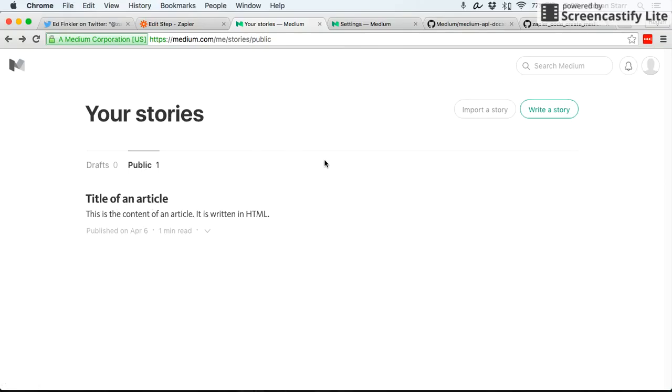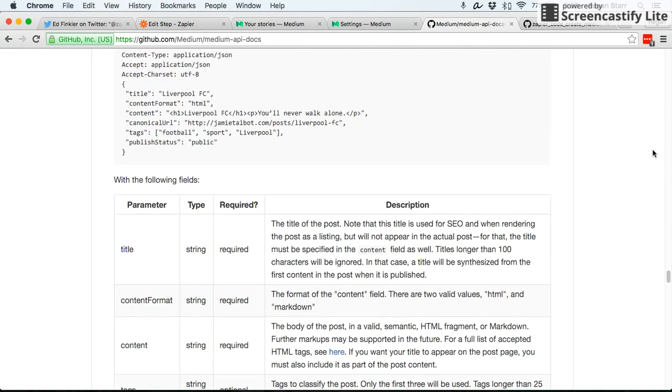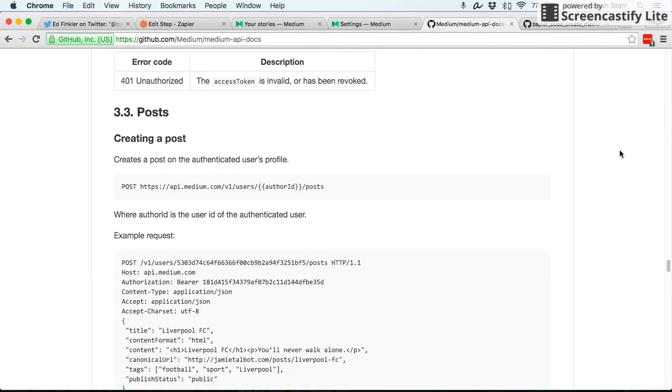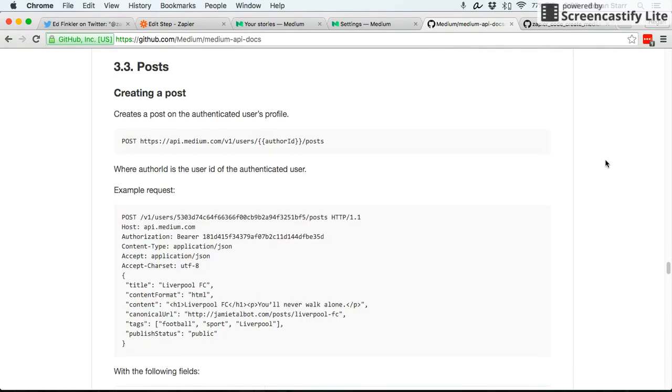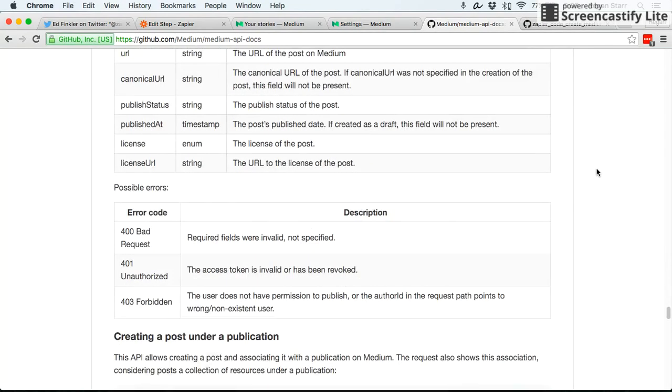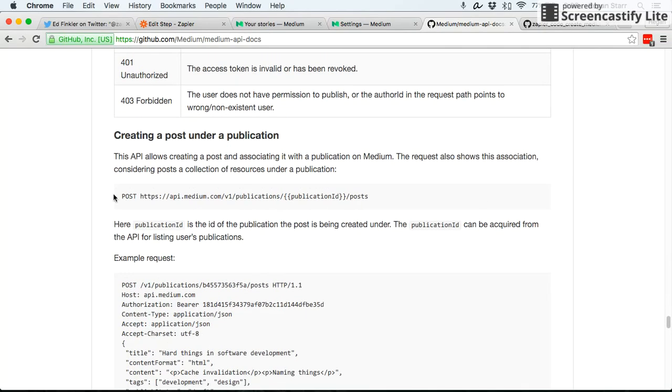The important thing to note at this point is it is not associated with a publication. And I'm looking at the Medium API here. What I've used is the creating a post endpoint. And then if we scroll down, you can see that the Medium API also offers a creating a post under a publication. If you are interested in creating a post under a publication using Zapier, then reach out to me